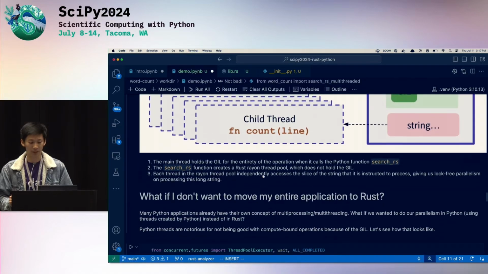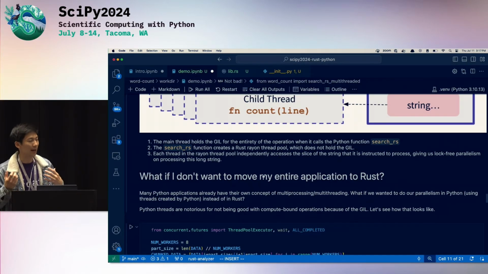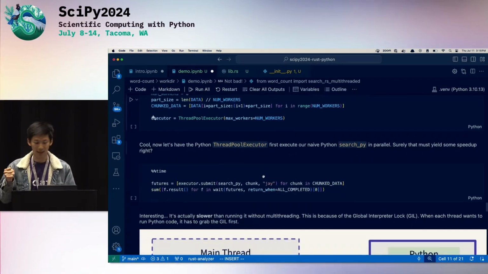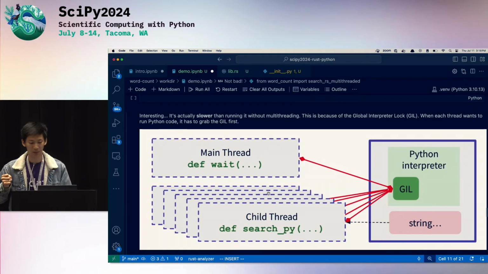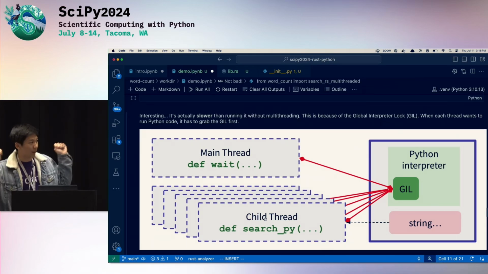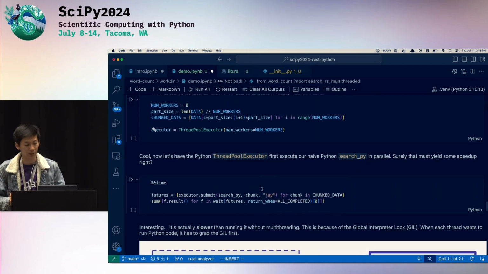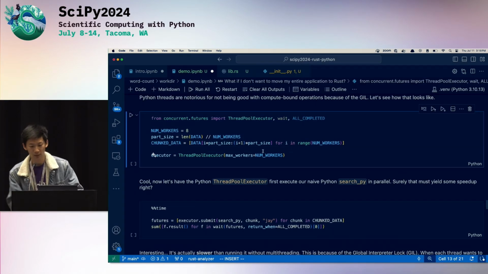So the problem is, let's try using Python threads. The problem with Python threads is that anytime a Python thread wakes up and makes a Python call, it has to grab the GIL. It looks like this. These are the Python threads. Every time one wakes up, it's going to hold on to the GIL, and then no other thread can run. So if we naively try to use Python multi-threading like this,